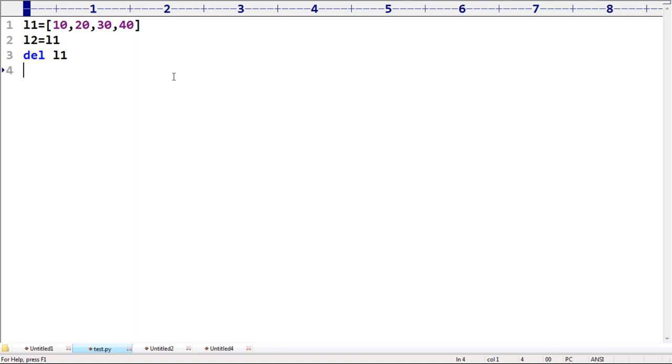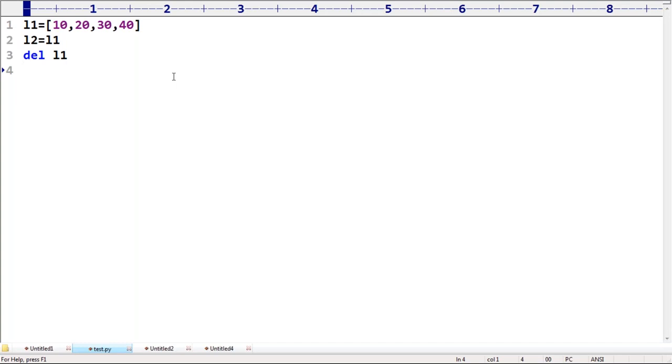Del L1 means you deleted the L1 reference variable, but not the internal object. You just deleted one reference variable, but the other reference variable is already there, pointing to the same list object.